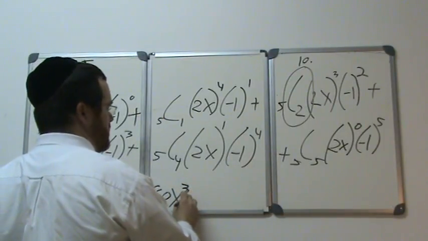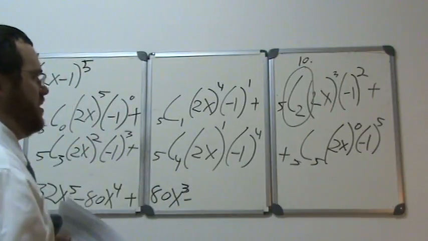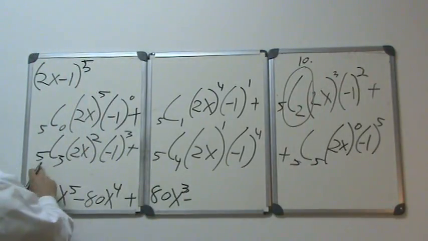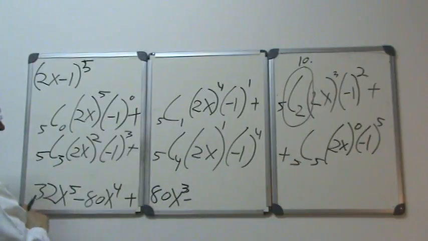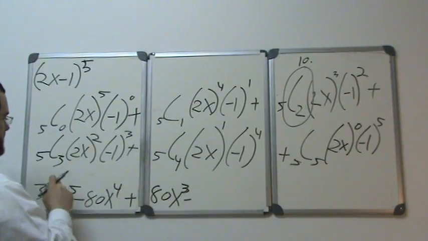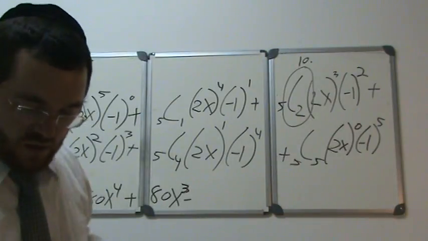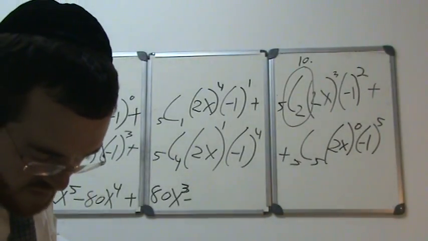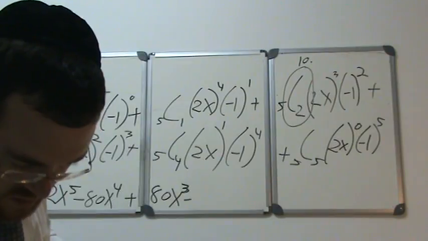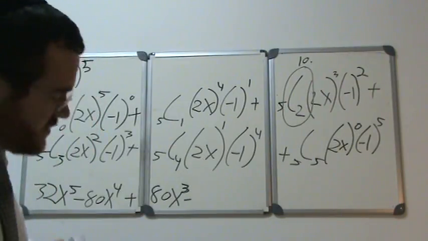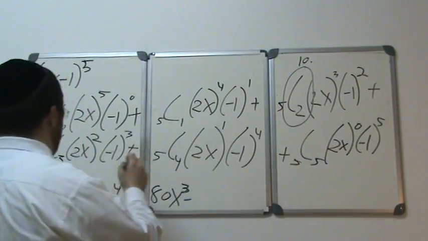And then you'll see the next one will be minus. Since you have a positive here and a negative here, it becomes plus, minus, plus, minus, plus, minus. So 5 combination 3: you hit 5, math, back, go down to 3, enter. Combination 3 is also 10. So 5 combination 3